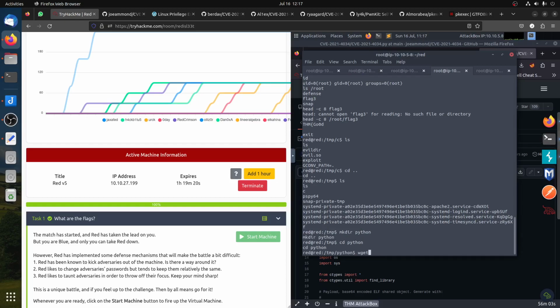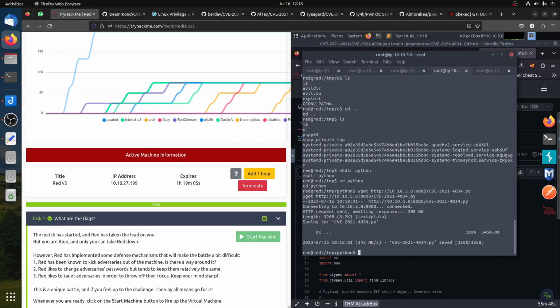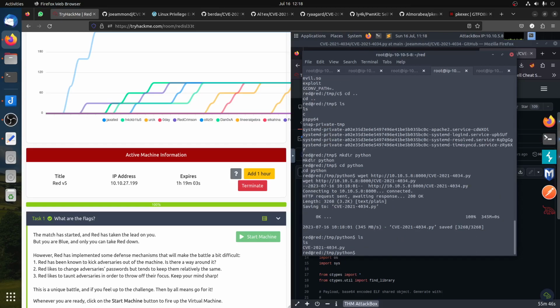Let's get the file now, wget. We know the C file one. Let's try the Python one, 10.10.5.8, Python. The file is cv the Python. We got it. So if I go Python and then run the file,